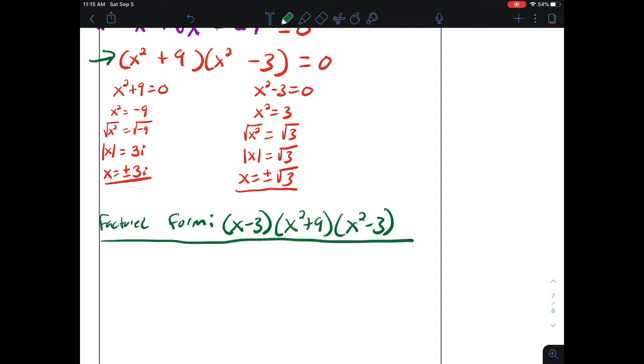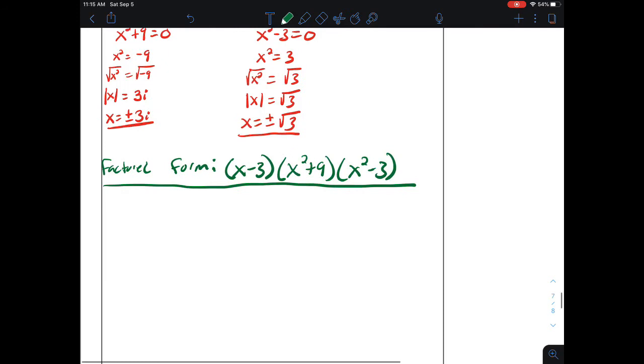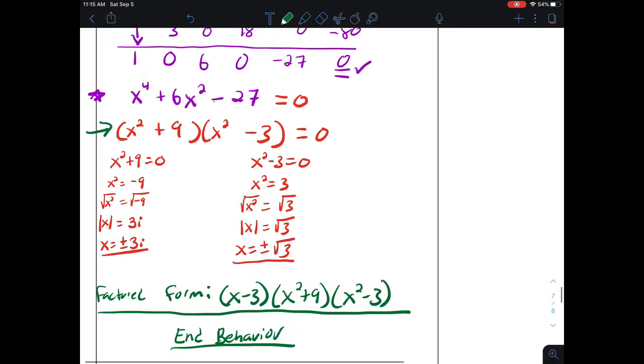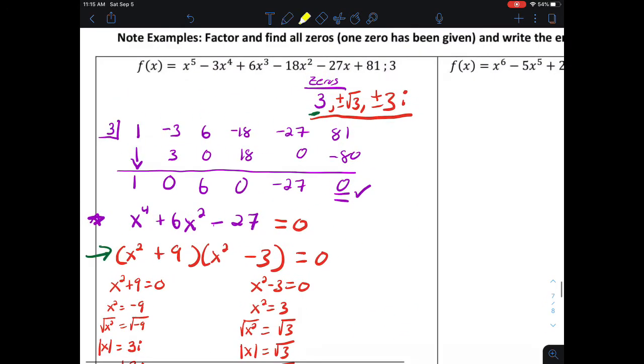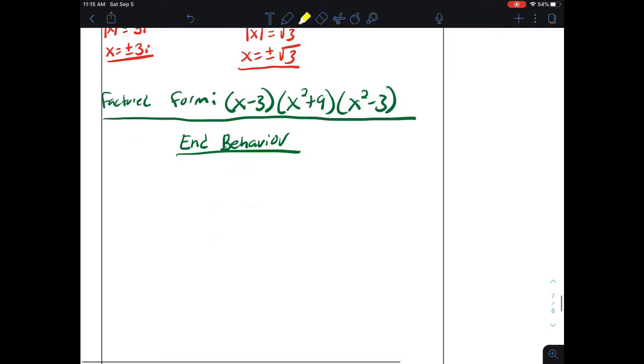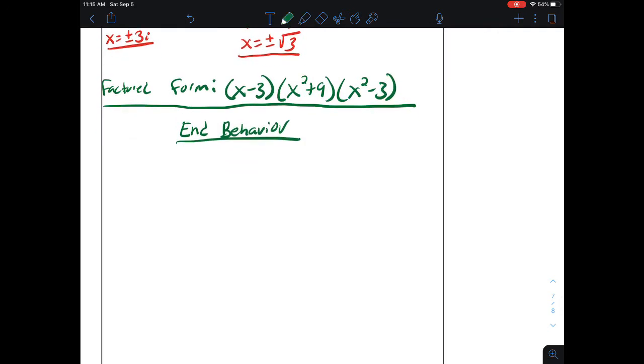Now lastly, we wanted to find the end behavior, which means that we go back to our original problem. We look at the highest degree term. So I have x to the fifth, 1x to the fifth. So according to our leading term test, we have a positive coefficient and we're odd degree,